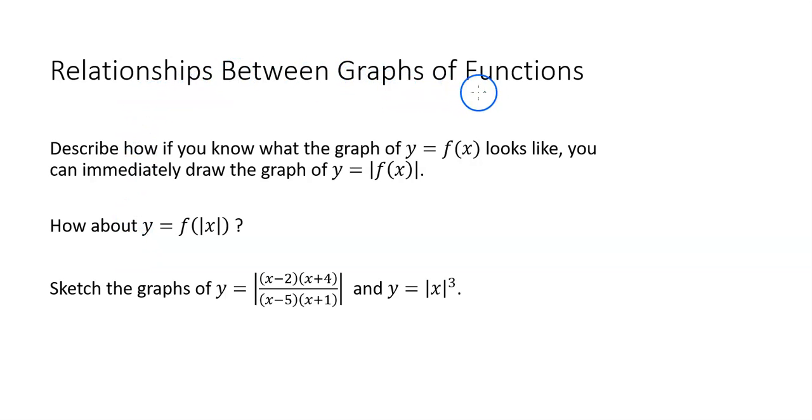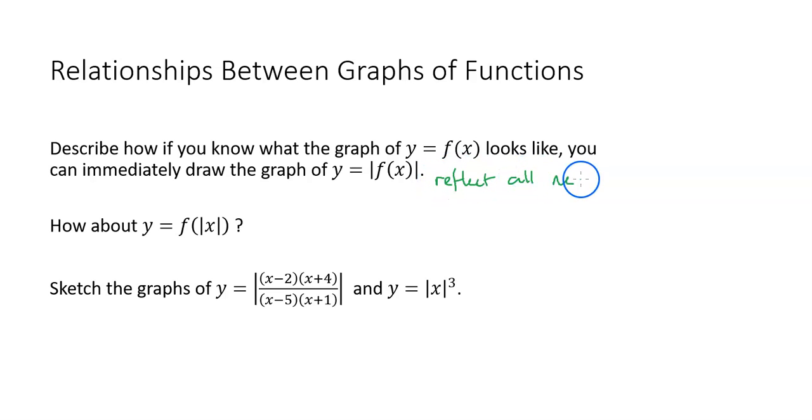Relationships between graphs of functions. Describe how, if you know what the graph of y equals f of x looks like, you can immediately draw the graph of y equals the modulus of f of x. Hopefully you remember from P3 that if we know the graph of y equals f of x, then to get the modulus of f of x, we simply reflect